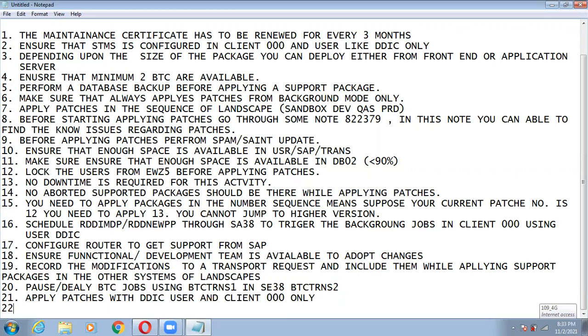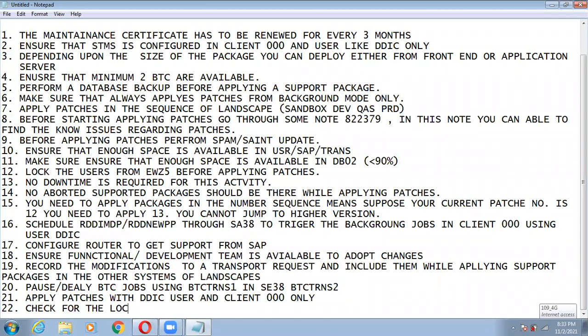So these are the useful prerequisites you need to follow while applying support packages. Okay, 22nd point.